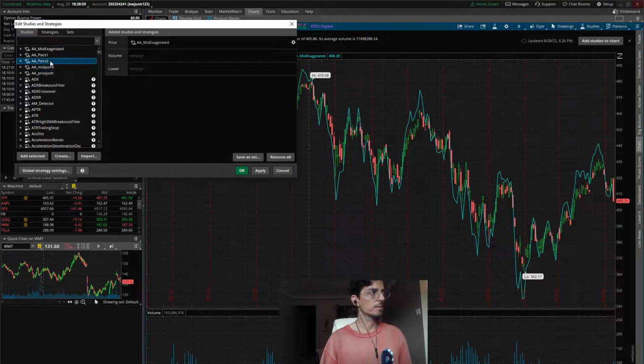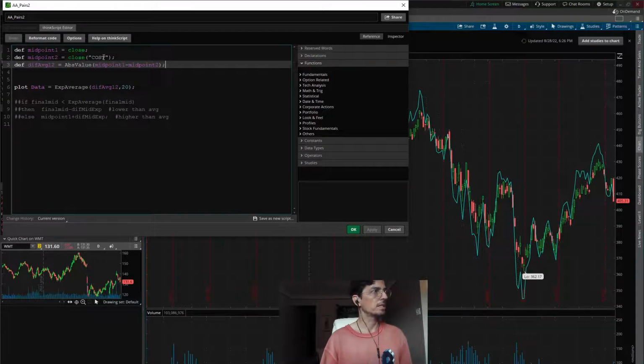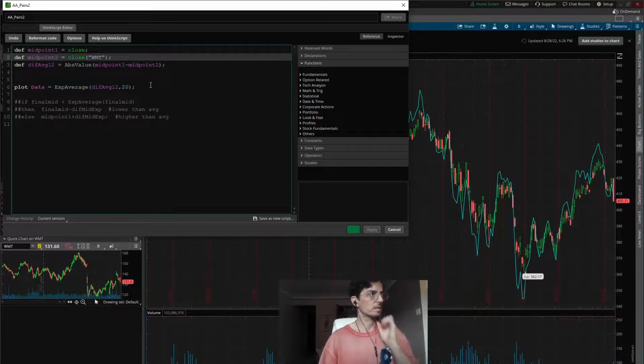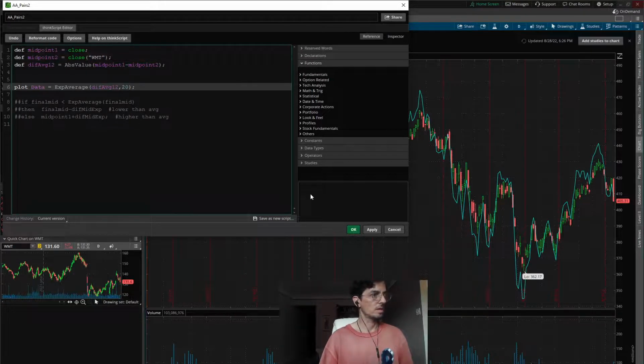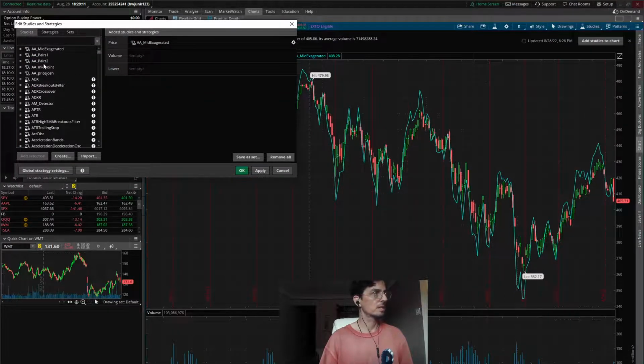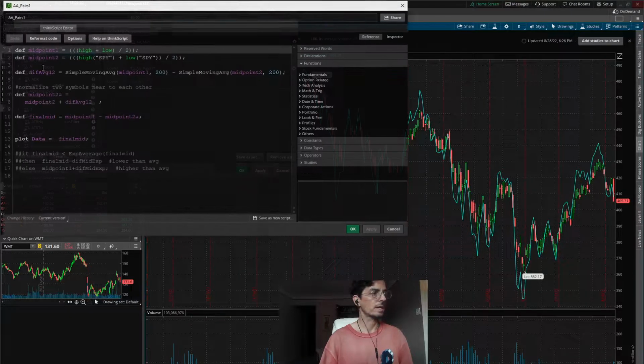Midpoint pairs. I was playing around with comparing a different stock, Costco in this case. I'm going to do Walmart because Costco has some weird issues. And what that does is, what's that? Pairs one. Okay.